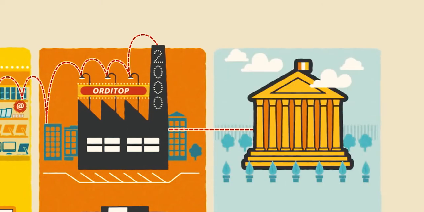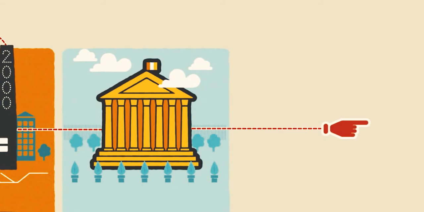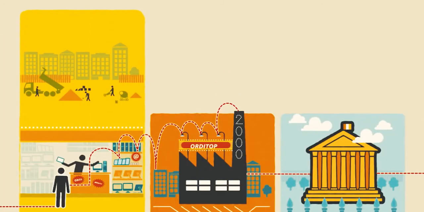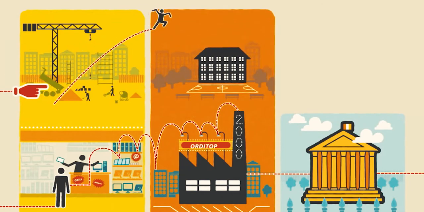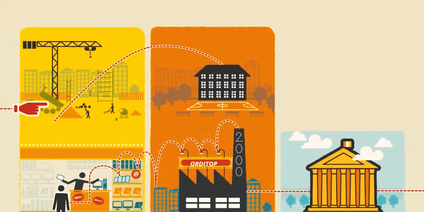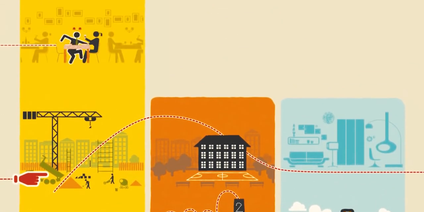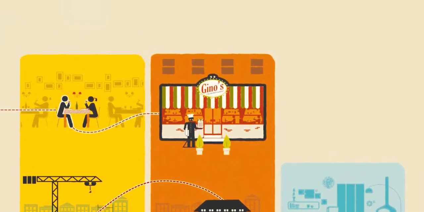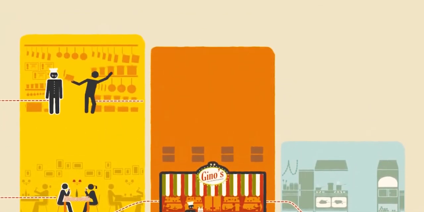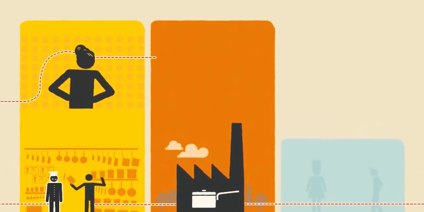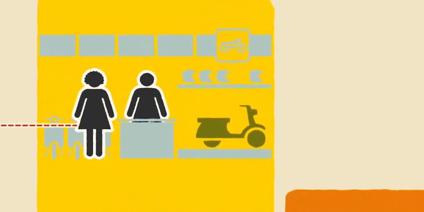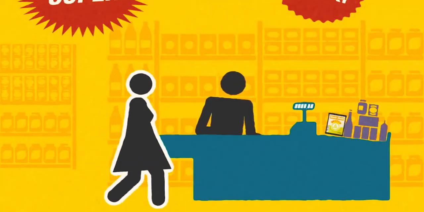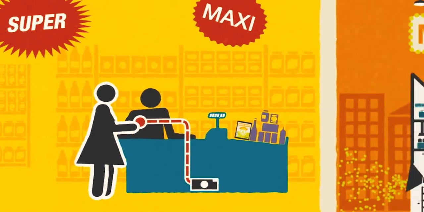And with the taxes it receives, the state does exactly the same as everyone else. It spends. For example, it builds a school and employs a teacher, Mr. Plum, who will produce a public service, education, in exchange for a salary, which allows him to invite Mrs. Plum for dinner at a local restaurant, Gino's, which will invest in a new frying pan, which will pay Mr. Ochre, who gets his hair cut at Rock Style, whose owner will buy a blue scooter in Miss Pink's shop. And, yes, she's the very same person who bought the peas earlier.